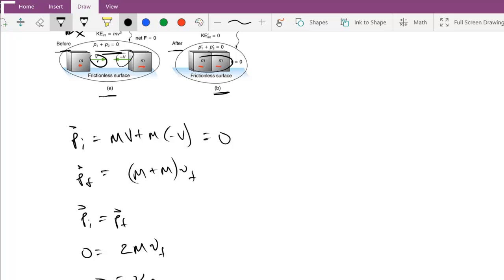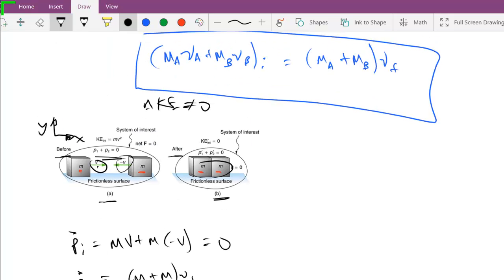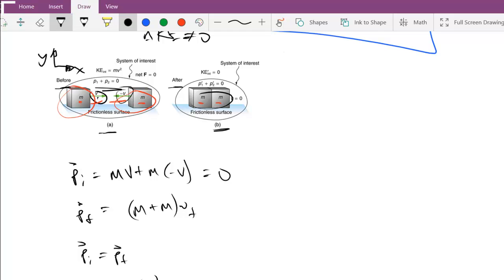If we have two masses going in opposite directions at the same speed, and they collide and stick together, we would expect them to come to a rest. They had equal amounts of momentum, but in opposite directions, so the total momentum is equal to 0. However, let's take a look at the kinetic energy